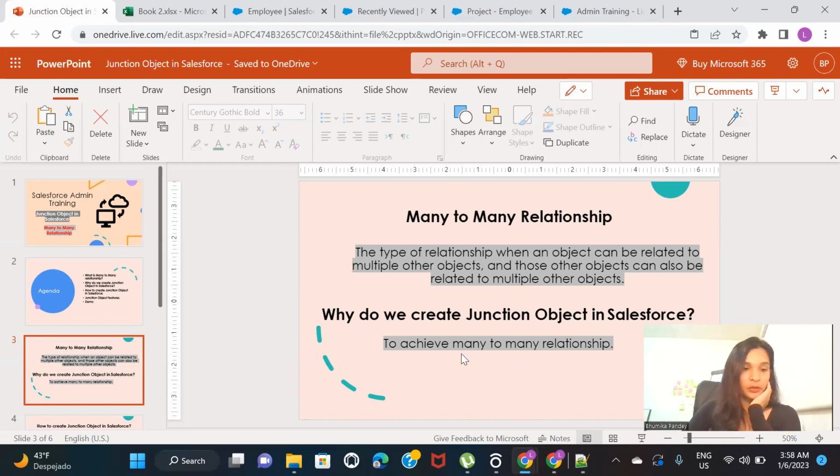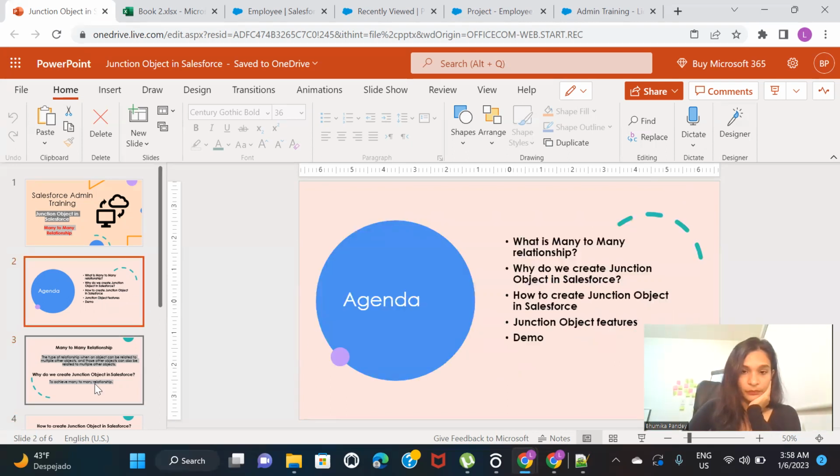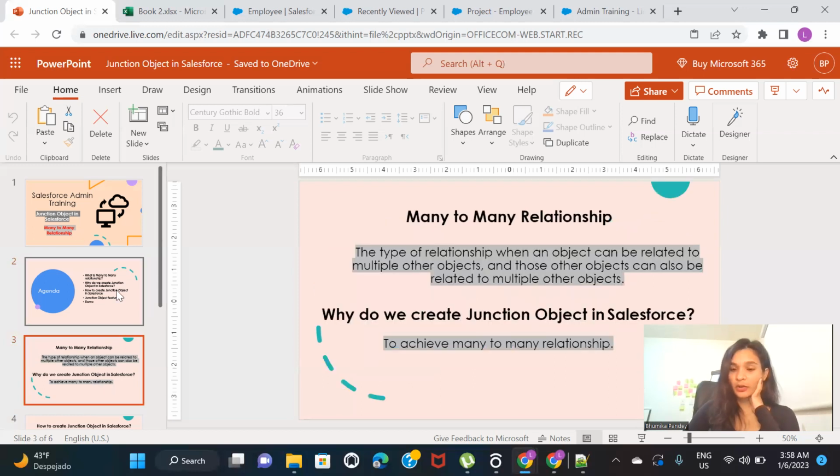All right, so I think that's all for the junction objects in Salesforce. I hope that you got the basics. I think I went as slow as I could, but if you have any doubts, if there is anything that you did not understand, if you're still confused about what is many to many relationship, please drop a comment in the comment section, and tell me where you are actually stuck, because this is